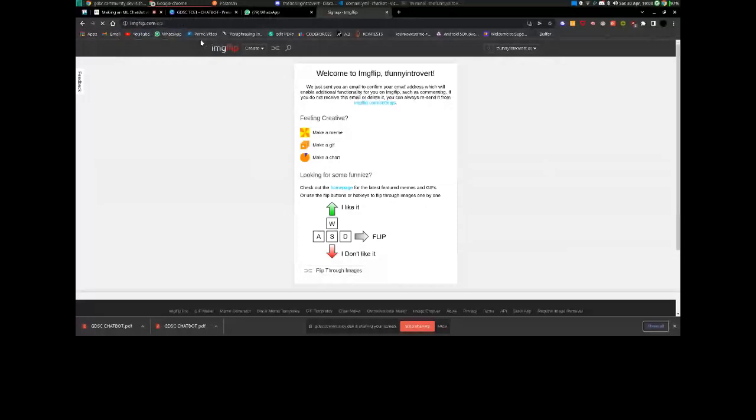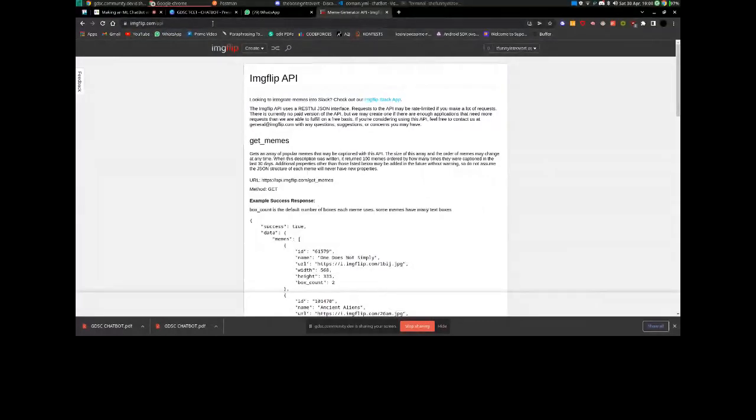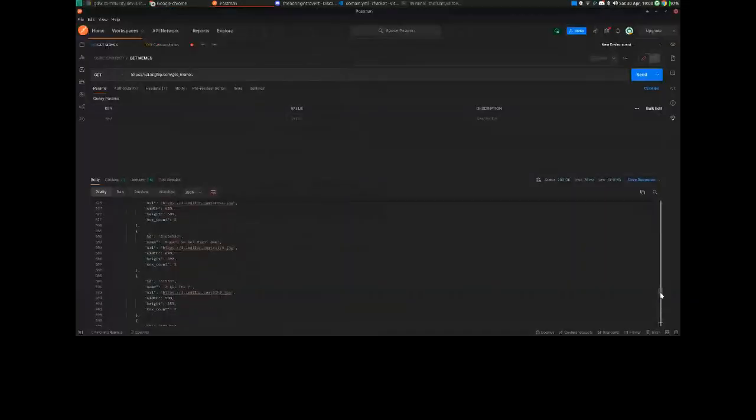Okay, for now मैं अपने credentials दे दूंगा chat में, so you can use the same ones. But बाद में you can create an account, and the reason we will need that account and all that, we will see that. Okay, so let's see how it's working. So I'll just open post one. You don't have to do anything, just see what I'm doing right now. No need to try out this stuff because it's pretty easy. But yeah, I will just do get memes.